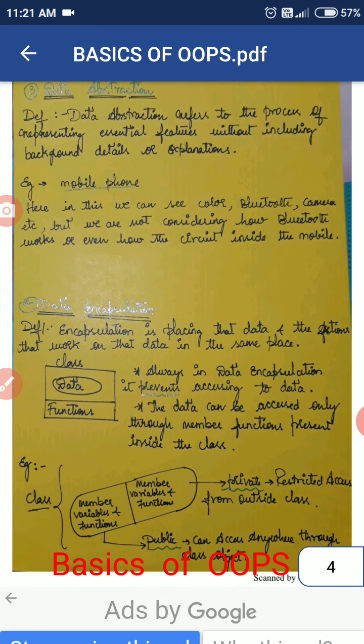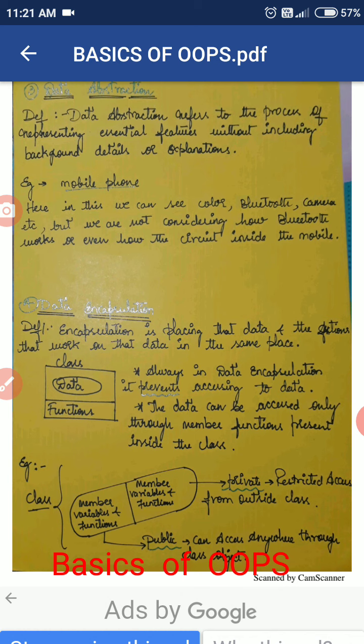So next we'll move on to data encapsulation. Data encapsulation means placing the data and the functions that work on the data in the same place, so that the data will be secured.